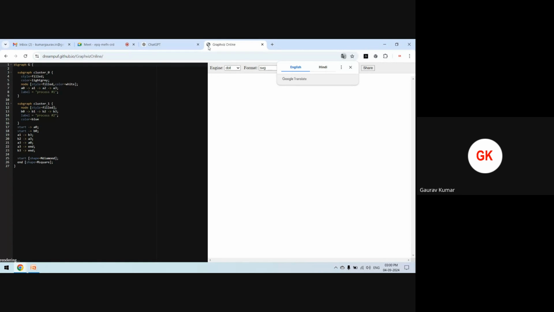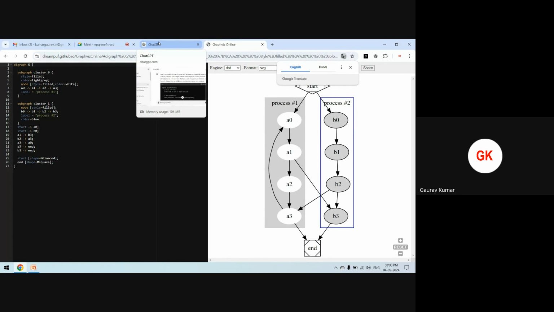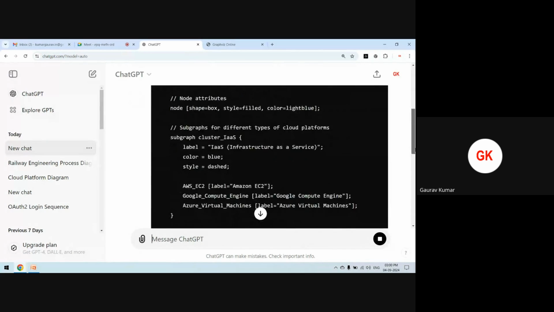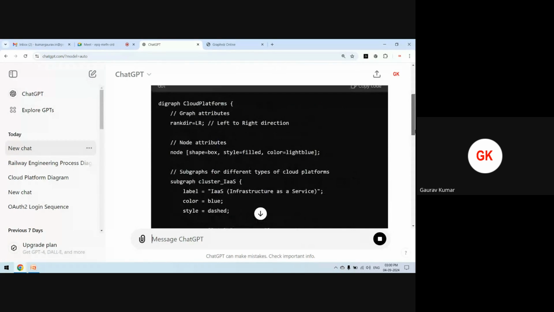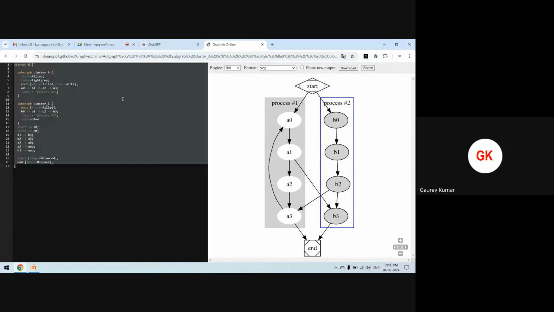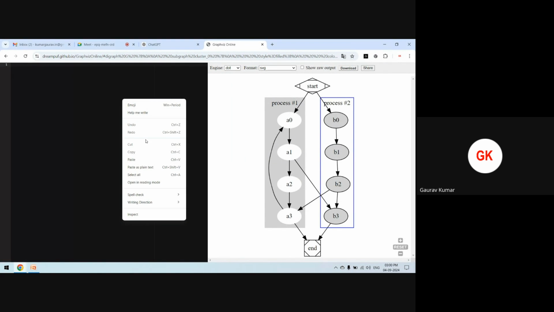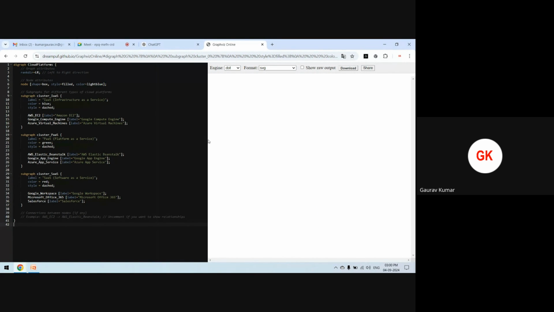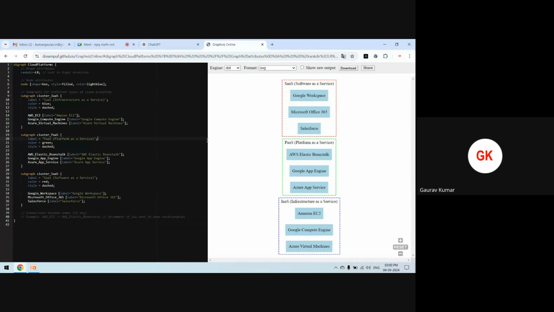Dreampuff GraphViz. On one side I have opened this website. I will copy this code from ChatGPT and paste it here. Simply paste, and we will see whether it generates or not. Now you can see on the right-hand side the diagram is generated, and this diagram is completely plagiarism free, because